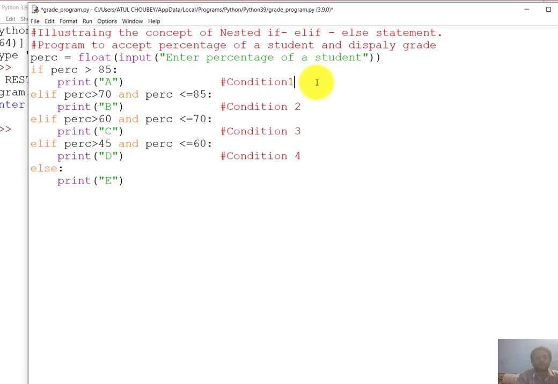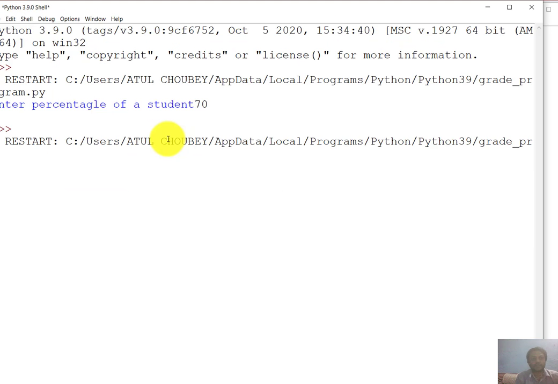Okay, percent. Okay, so this spelling has been corrected. Okay, and you see here what we get in the output, because we input 70, so that's why the grade is C. You see here 70 fulfills the third condition, so that's why you are getting C. Okay, so once again you can execute your program. Okay, now once again I'm executing. So once again enter percentage of student, so enter a percentage like, okay, we are executing 45,